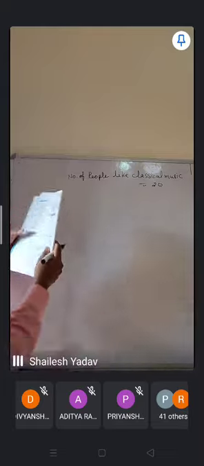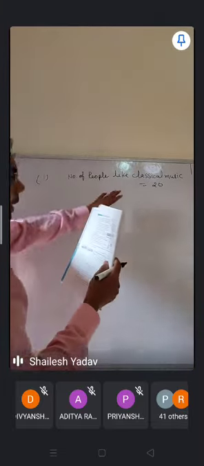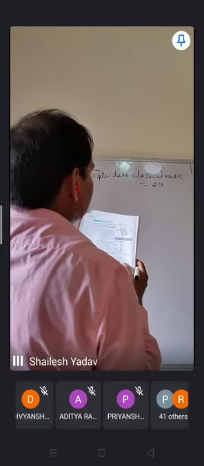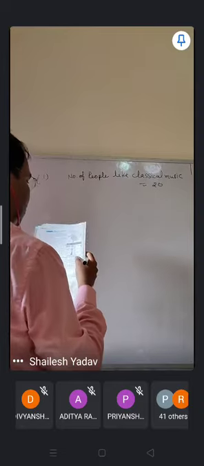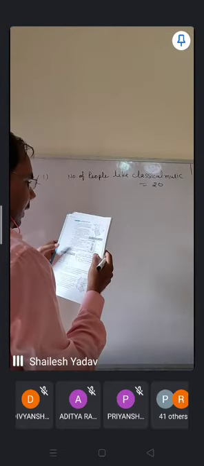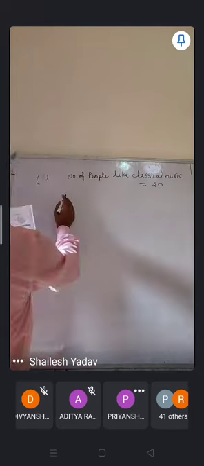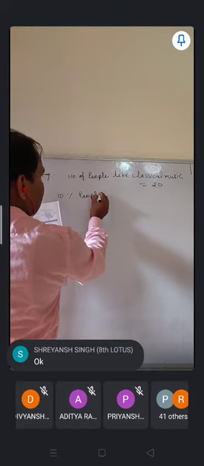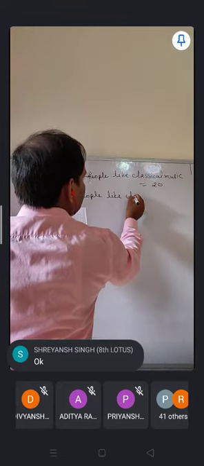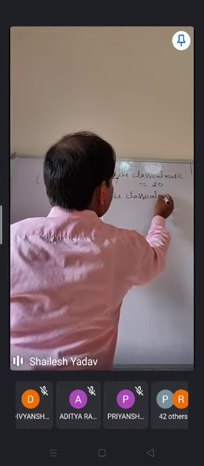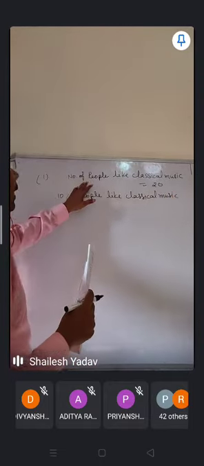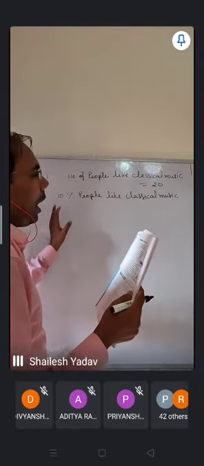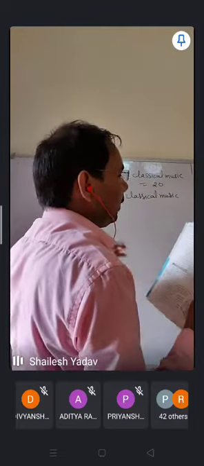In the first part, it is given that 20 people like classical music, and kindly see the pie chart. From the pie chart, what is the percentage of people who like classical music? That is 10%. So 10% of people like classical music, that is given. So the number of people 20 and 10%, both will be the same. And what you need to find is how many total people there were. You need to find the total number of people.